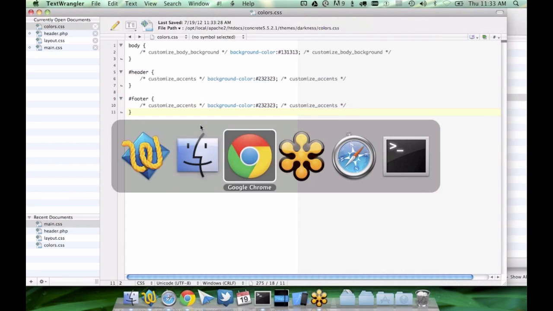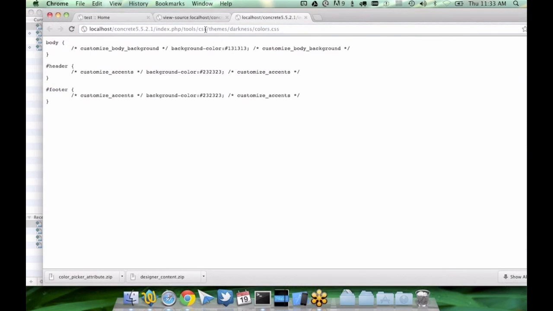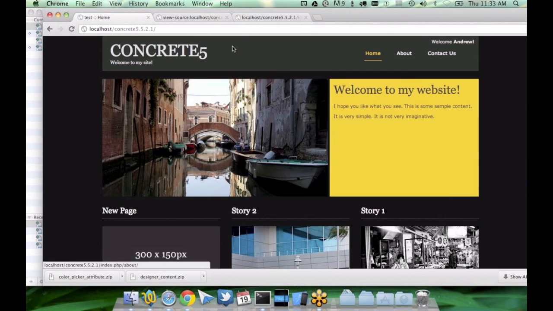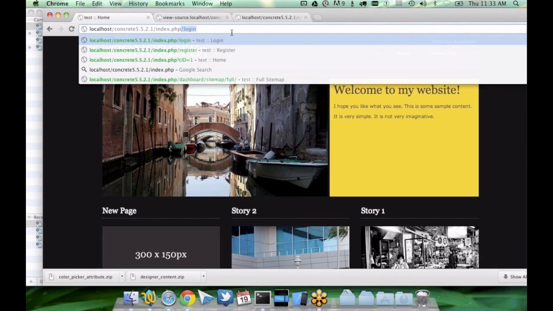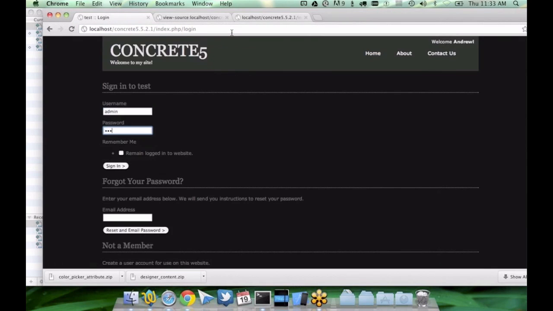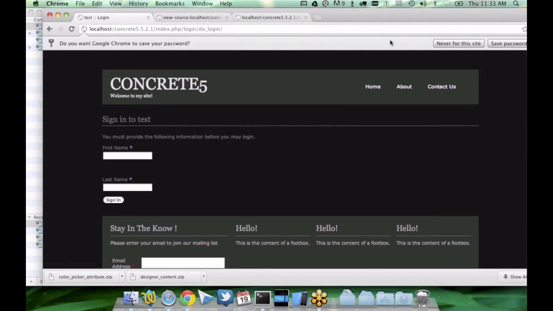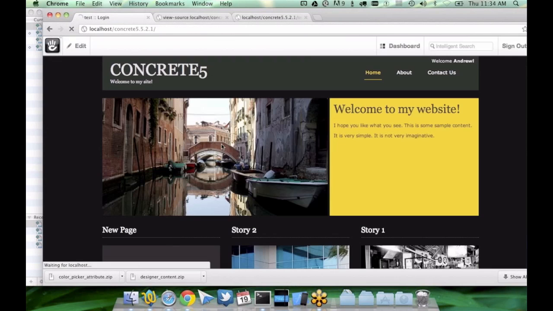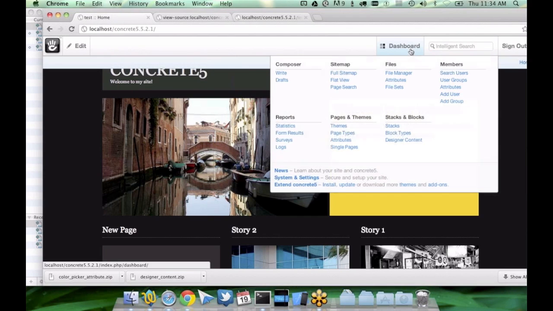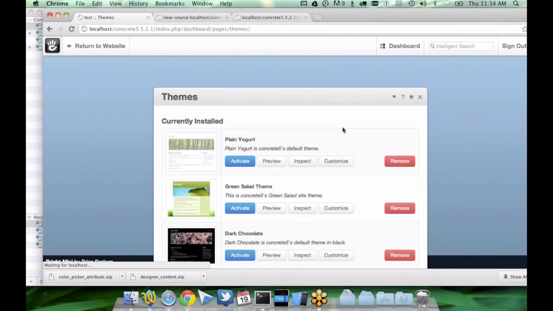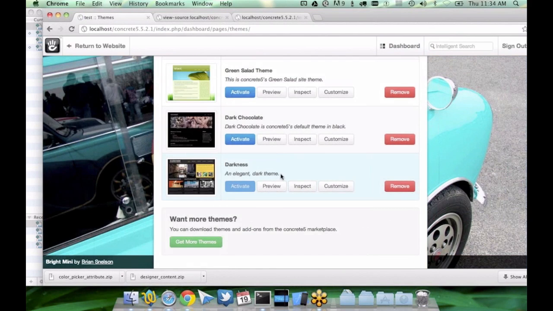But if we reload this, you can see that it's just a comment. If we reload this, everything still works as planned. But if we log in as an administrator, since these are required in registration and I didn't actually specify these for the admin user, I have to specify those before I can continue. So now if I come into my themes, I come into darkness. If I come in here and hit customize,